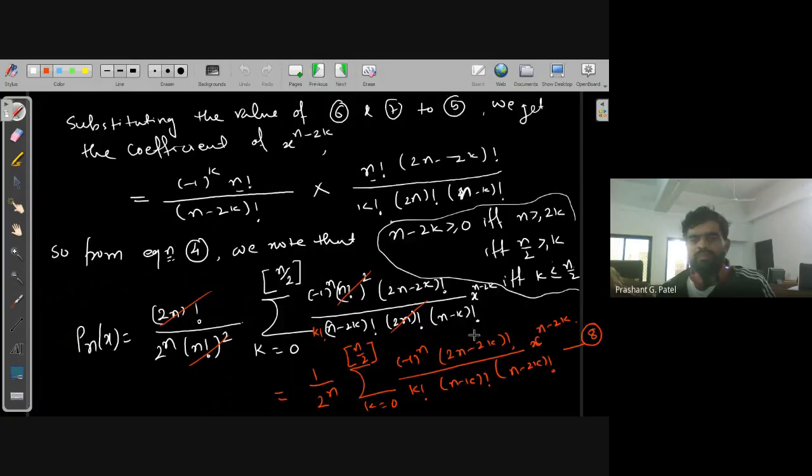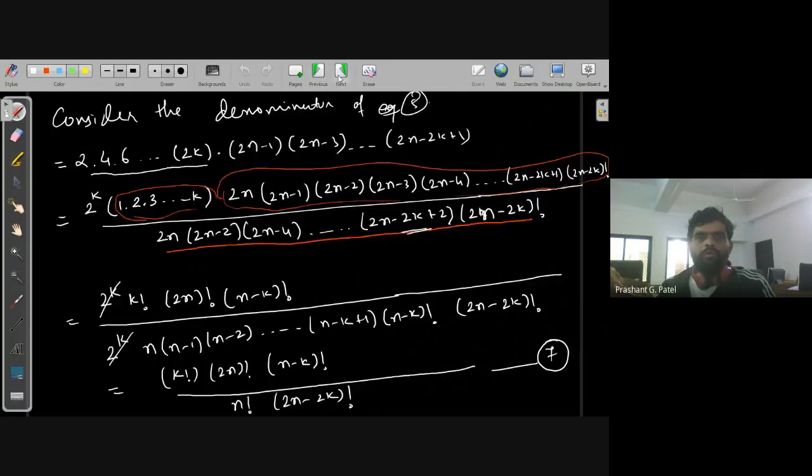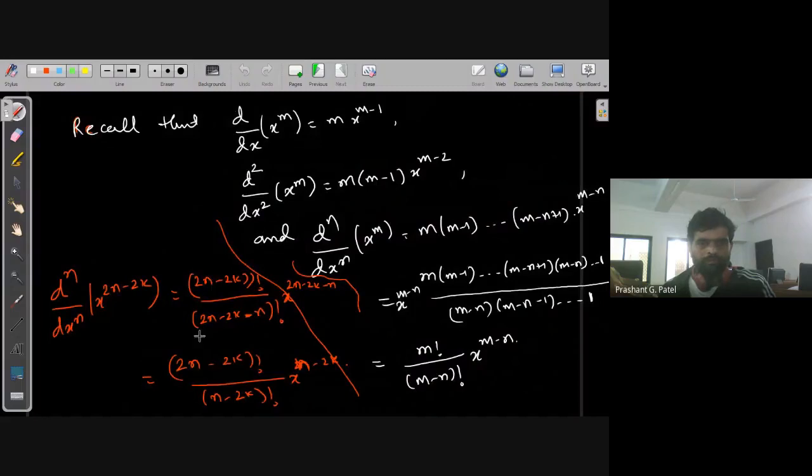So from this, what we can observe is this quantity we have here, which we have derived here. This is exactly n minus 1 2k. So from equation 8, we get